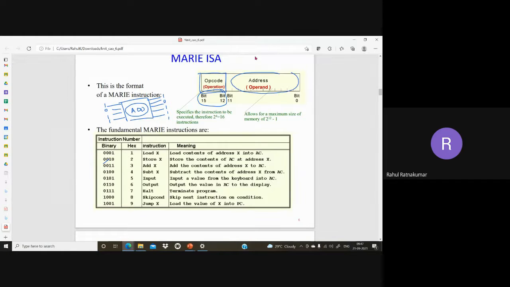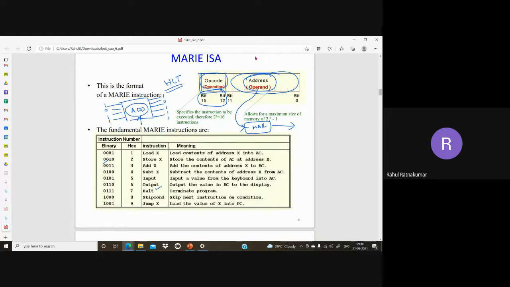Now this address, when the instruction comes, has to go to the MAR, the memory address register, because I need to access this operand. So based on the instruction, I'll be using my operand, this address. Sometimes I may not need this. For example, an instruction like halt in Little Man. Halt means stop. In that case, I don't need the address because ultimately I have to stop the operation.